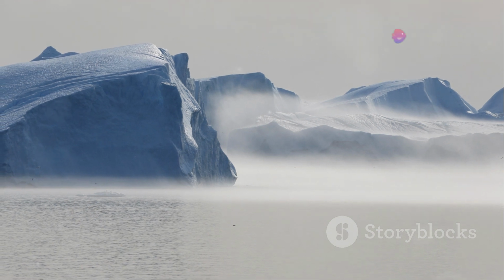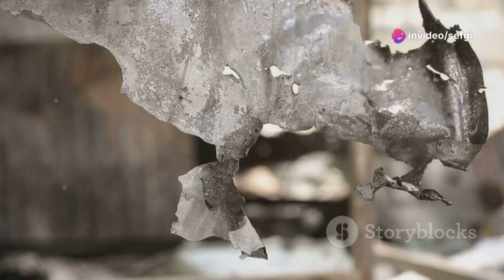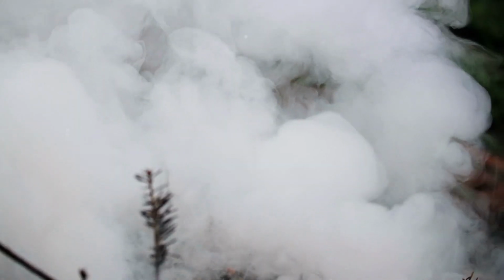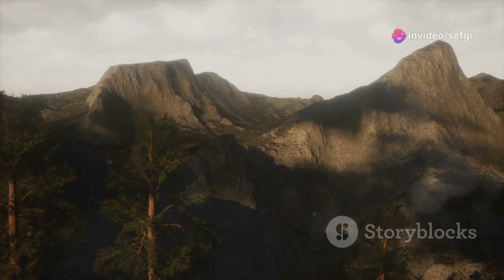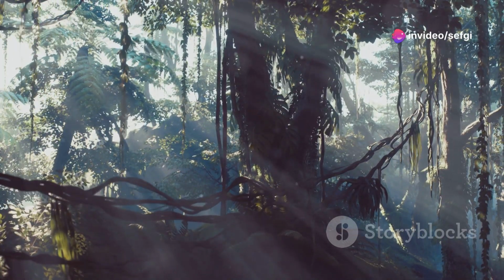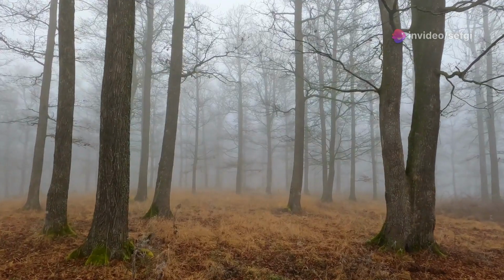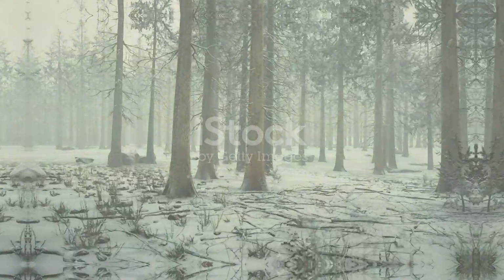Evaporation fog, also known as steam fog or sea smoke, occurs when cold air sits over warmer water. This might seem counterintuitive, but remember, water evaporates even at low temperatures. When the cold air hovers above the warmer water, the water molecules evaporate into the air. However, the cold air can only hold so much moisture. As the air becomes saturated, the excess water vapor condenses into tiny droplets, forming a mystical fog that appears to rise from the water's surface.